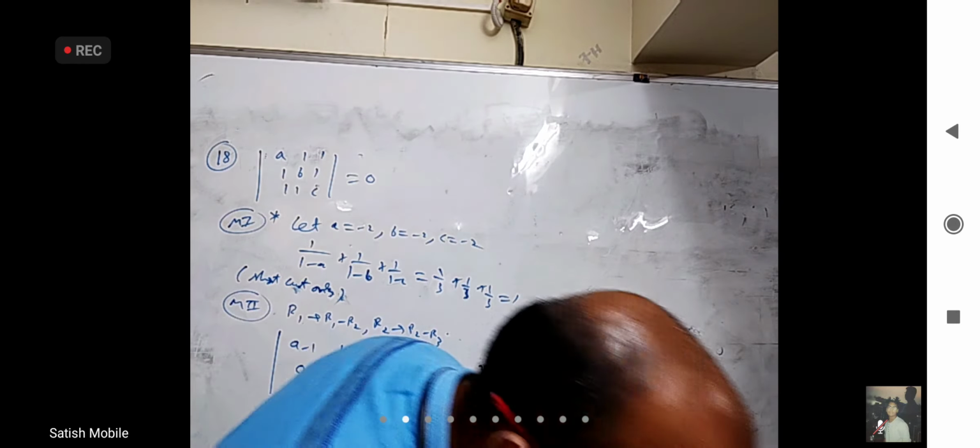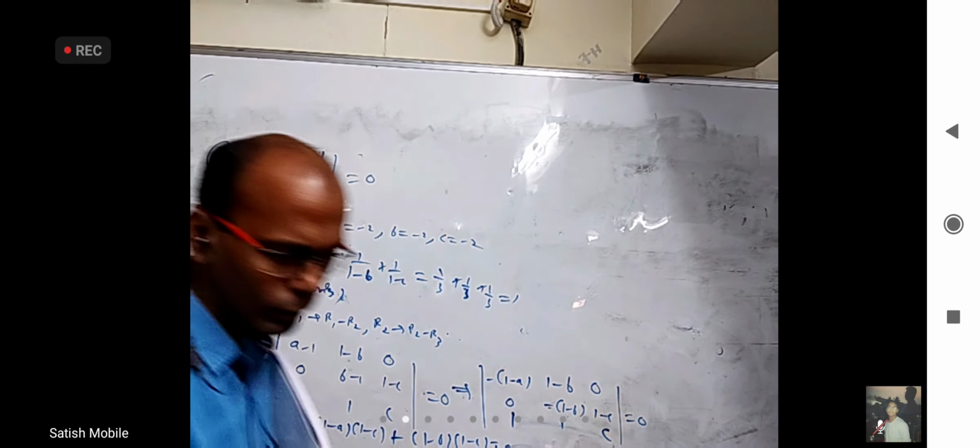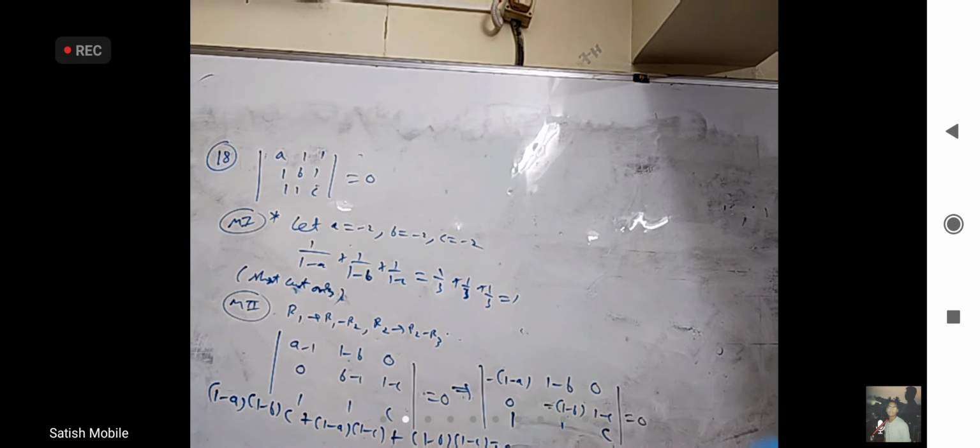Now if I expand directly, first I will get this into this into this, that is 1 minus A into 1 minus B into C. Minus this into this, this one is plus 1 minus A into 1 minus C. With this, minus of this is 0, with a minus of plus 1 minus B into 1 minus C equal to 0. Okay, I just expanded directly. Just checking whether they are able to see it clearly.